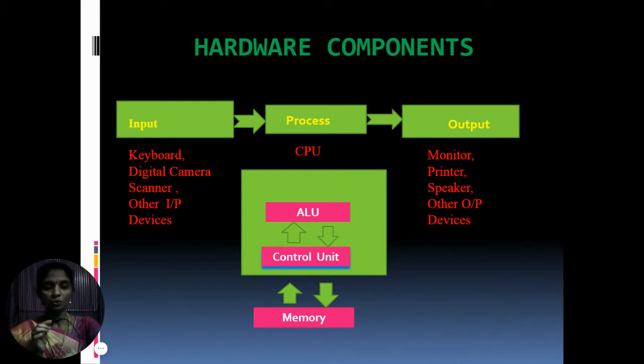The memory unit stores the data, instructions, intermediate results, and output during the processing of data. This memory is also called the main memory or primary memory of the computer. The input data that is to be processed is brought into the main memory before processing. The instructions required for processing of data and any intermediate results are also stored in the main memory. The output is stored in memory before being transferred to the output device.